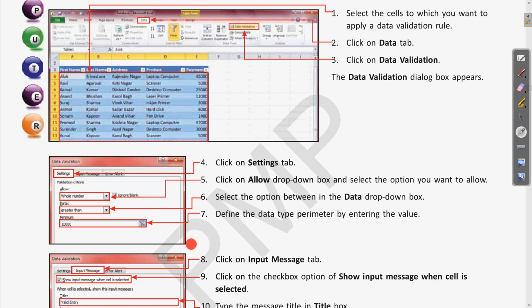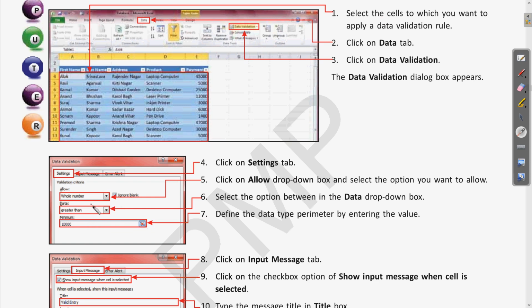Here in this dialog box we have the settings tab. So whatever value, greater than, less than, whatever range you want to specify, can be written using these settings. Clear? So for example, here the minimum value is 10,000 and only the accepted values will be greater than 10,000.